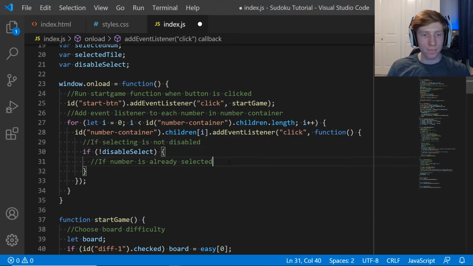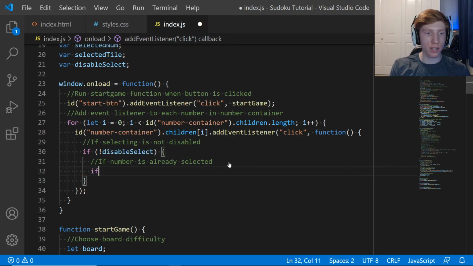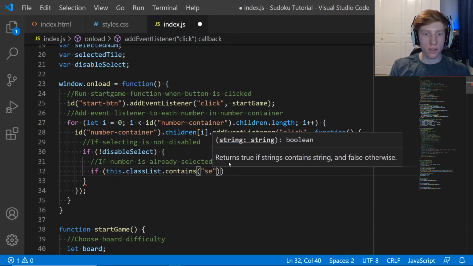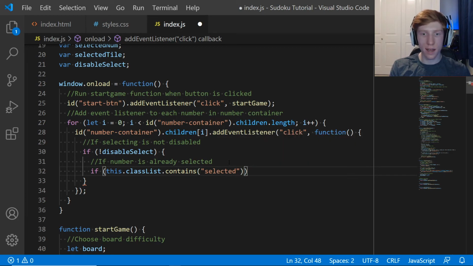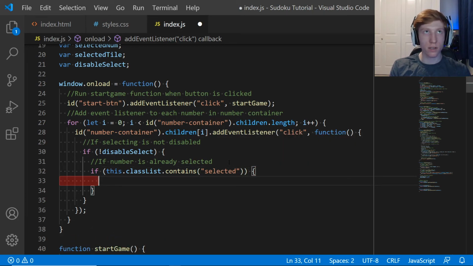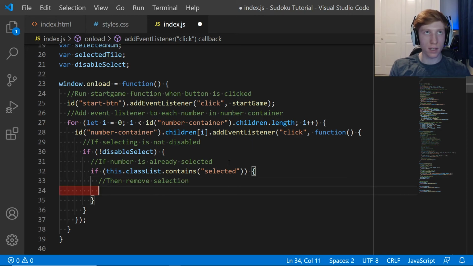Okay. So let's check and see if the number is already selected. So we're going to say if this dot class list dot contains selected, just like that. There we are. So if it's already selected, then we're going to remove the selection by saying this dot class list dot remove